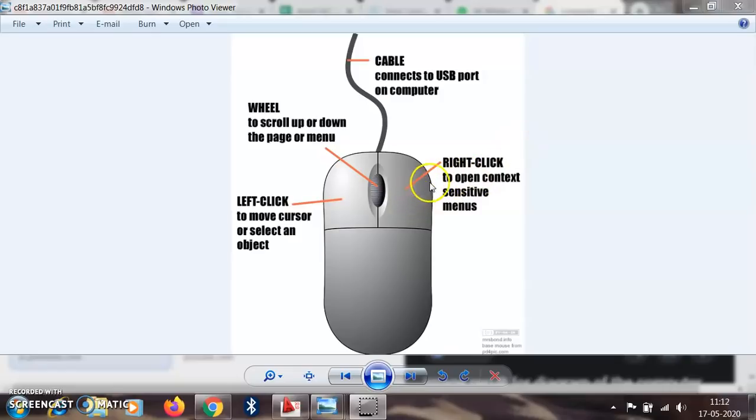And there is one central wheel, and we scroll it up and down, and this wheel is particularly for zoom in and zoom out. These three parts are very important, so you have to remember them.